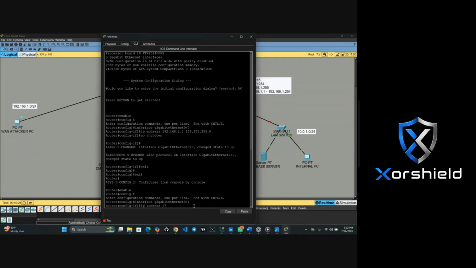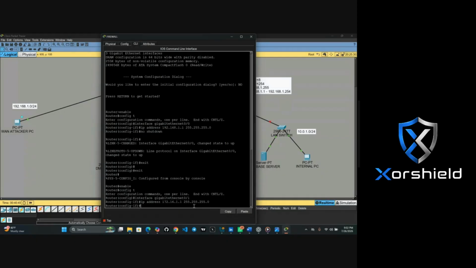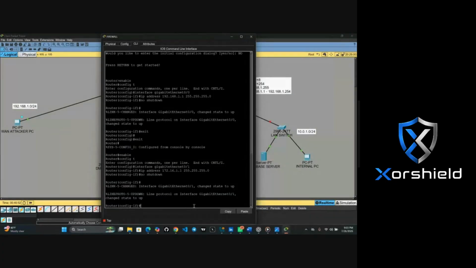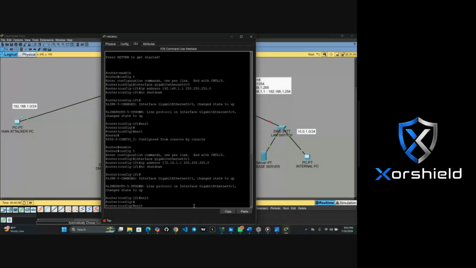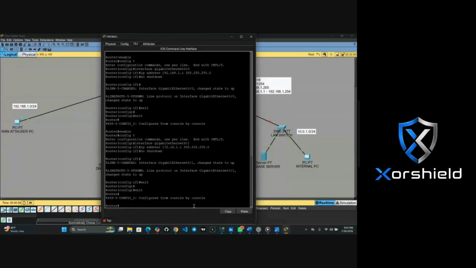The other network is 172.16.1.1, then space, then 255.255.255.0. No shutdown. You exit first time, exit second time, you are out.